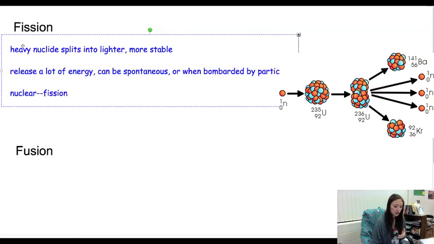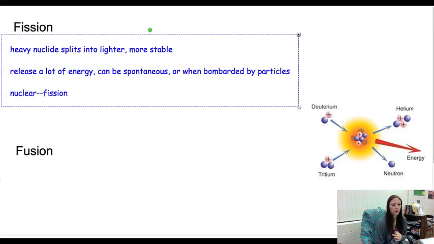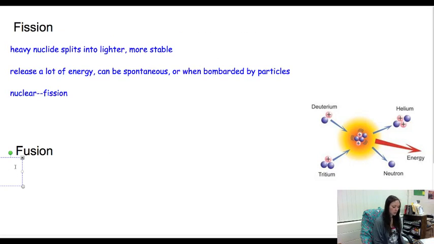Notice in the picture there, you see a 1 0 n, which is a neutron. The neutron then hits a uranium-235, which breaks apart that uranium into barium-141 and krypton-92 and 3 neutrons and a lot of energy. This is then when we get into, like I said, nuclear energy and chain reactions and things like that. That's all fission. Now fusion, on the other hand, is where you have low mass nuclei that combine